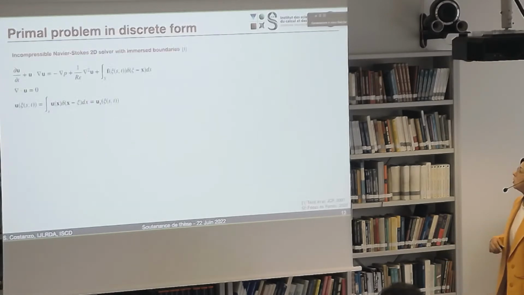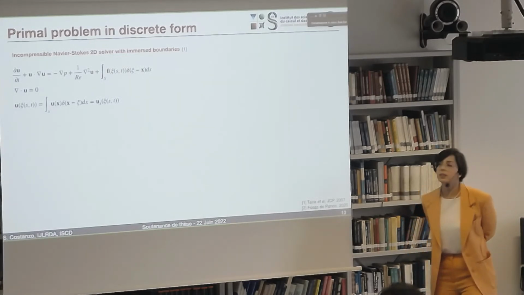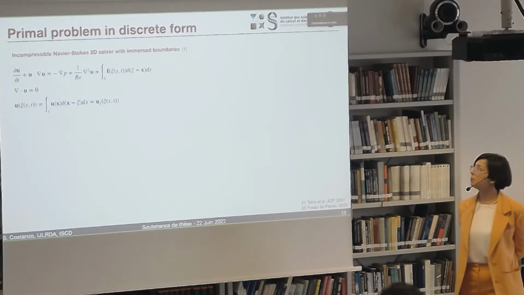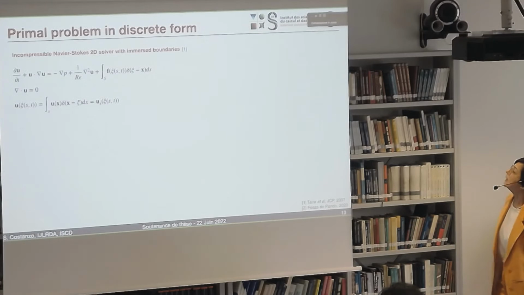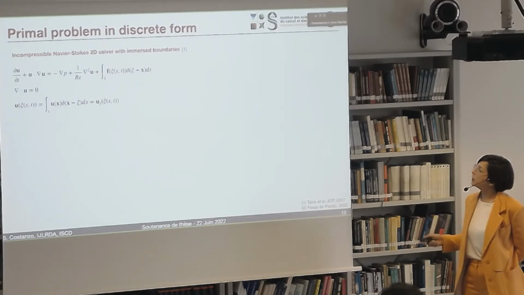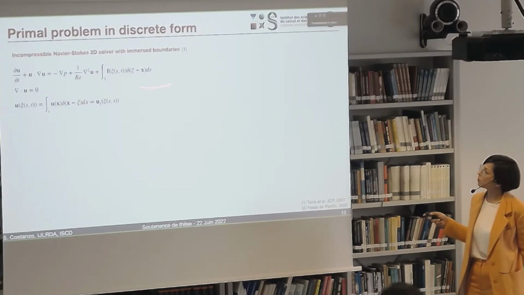So now that we showed that we chose the discrete approach, I will show the discrete primal problem. We start from the incompressible Navier-Stokes in 2D. This is the solver we used all over the work. So we have immersed boundaries, meaning that we have to add an additional constraint and some source term as the